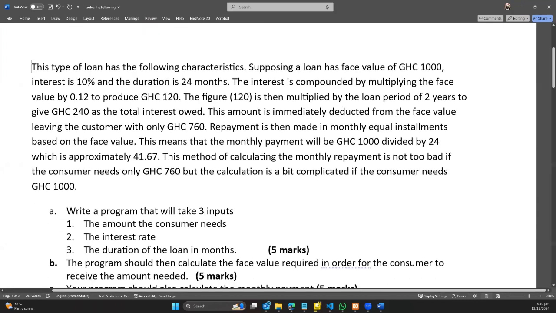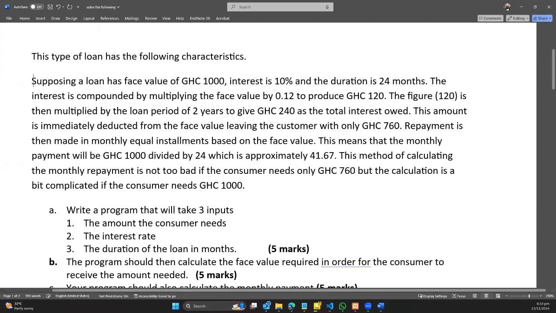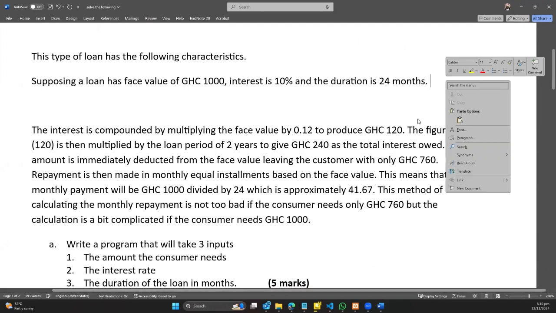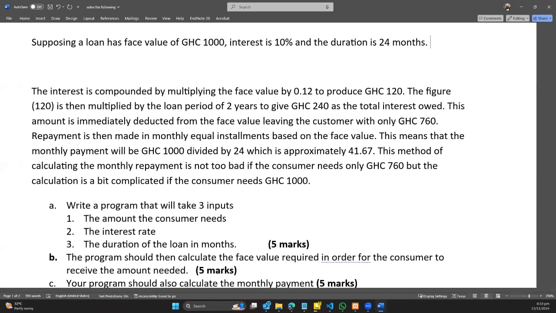This type of loan has the following characteristics. Supposing a loan has a face value of 1,000, interest is 10%, and duration is 12 months. Interest is compounded by multiplying the face value of the loan